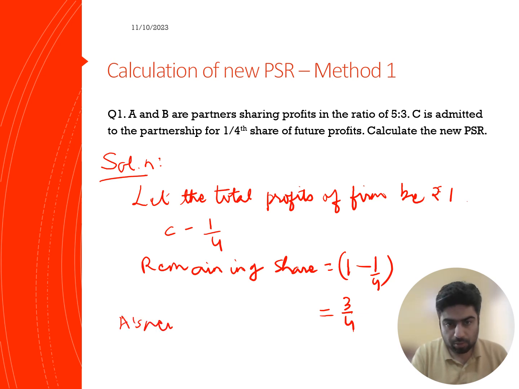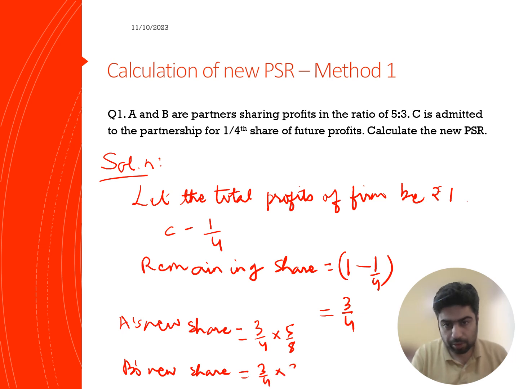A's new share is equal to 3/4 into 5/8, and B's similarly new share is equal to 3/4 into 3/8। अब इसको मल्टीप्लाई किया तो हमारे पास आ जाएगा 15/32 A का, और B का आ जाएगा 9/32। तो हमारे पास A का नया शेयर आ गया है और B का भी नया शेयर आ गया है।